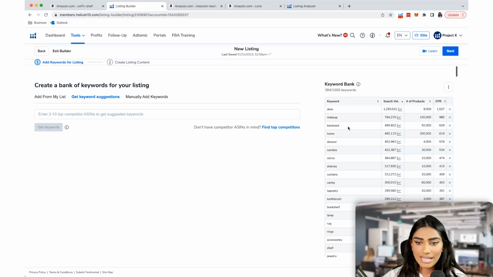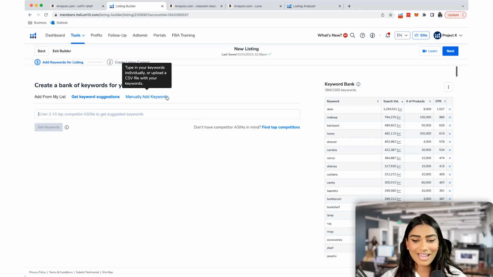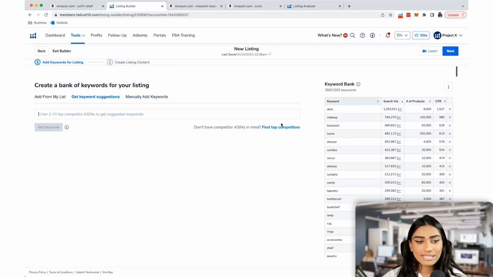Now, the folder that I just added is a lot more broad, as you can see, right? Because this was a folder we didn't create right now. But again, you should be able to get the gist simply based off of what I added. You can see why, if you went in and only selected ASINs to get suggested keywords, it's going to be a lot more broad.